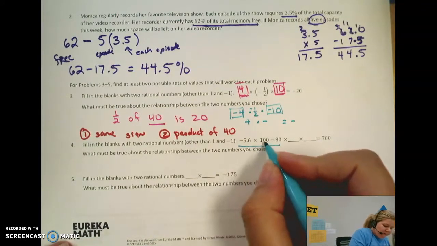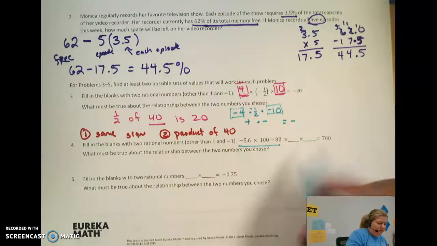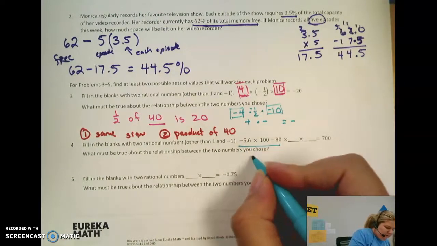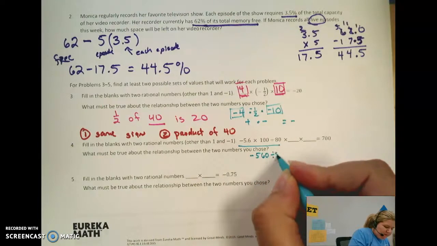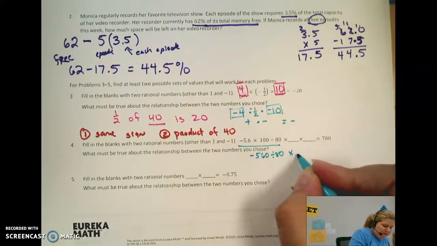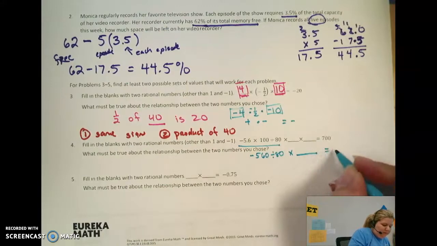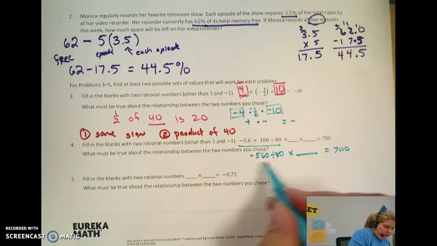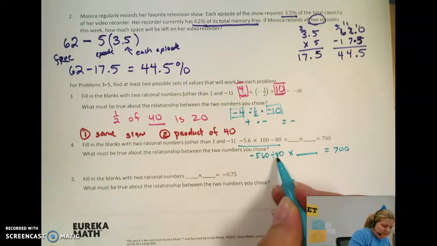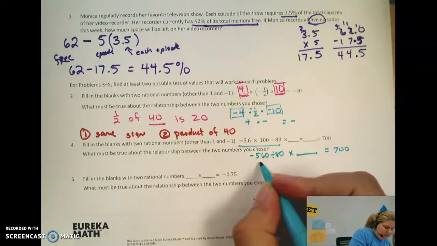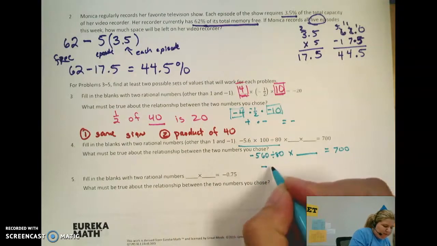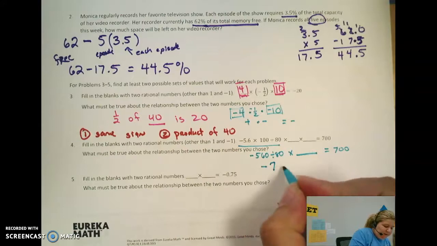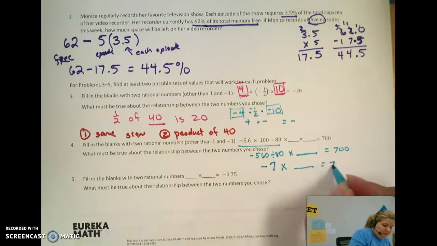So when I multiply by 100, this is going to be negative 560 divided by 80 times, let's just make that one blank for now. Okay, so 56 divided by 8 is 7. Negative divided by positive is negative. So negative 7 times something is 700. So this number has to be